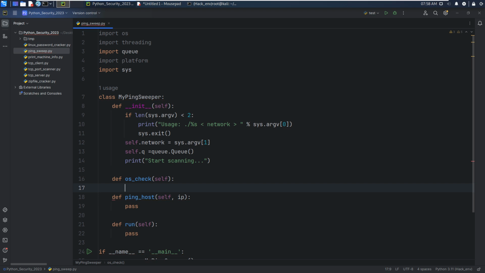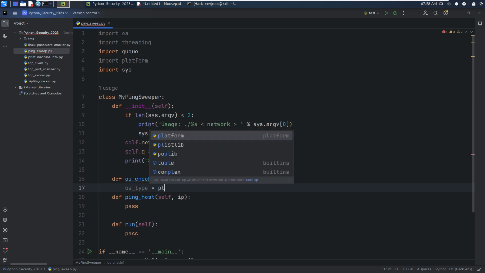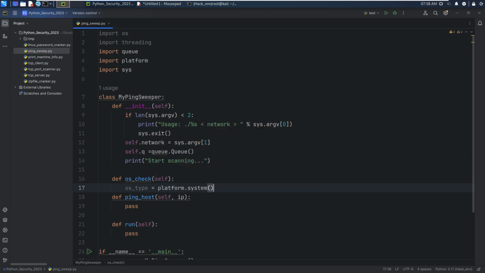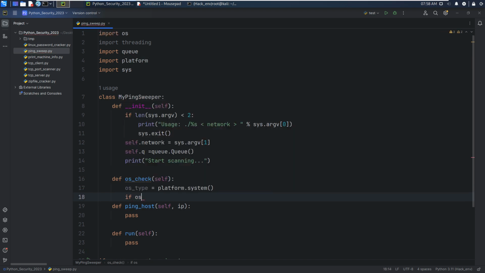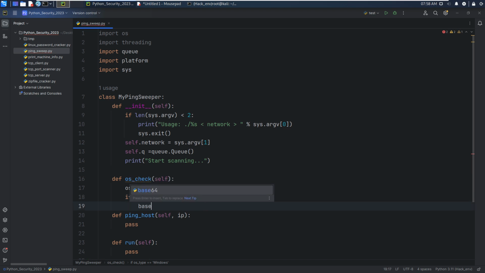And the second method would be to check the OS. We can use, so the os_type is equal to platform.system. And if the type is equal to Windows, then the base command would be ping, and of course we need to add a space, because afterwards we will add our IP address at its end.